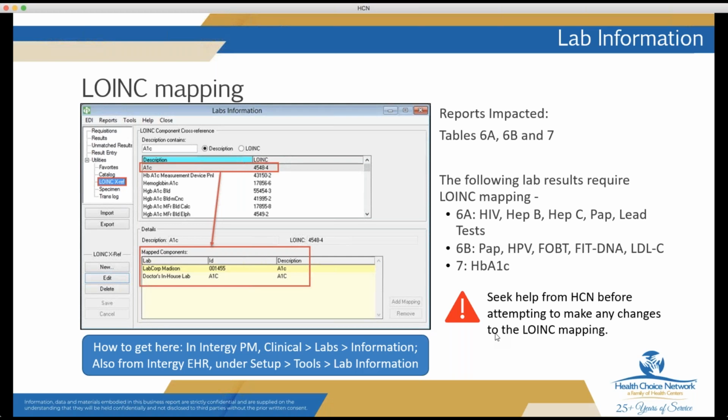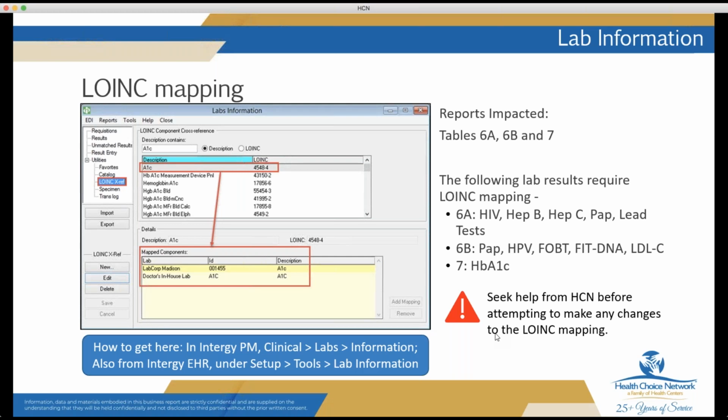So that way, for reporting purposes, or if you're creating an ad hoc report or even something like the UDS report, it's easier to identify what qualifying test results should be used. So as far as what tests or lab results are looked at or require LOINC mapping, we get this question a lot in support and in system optimization, because not every test needs to be LOINC mapped. So you should only want to make sure that the LOINC mapping happens